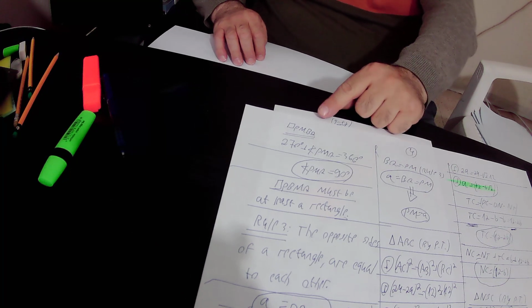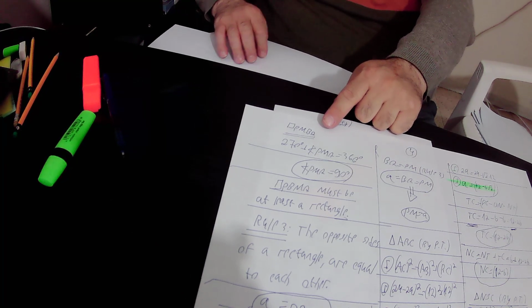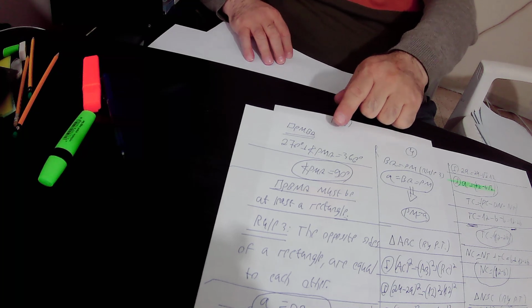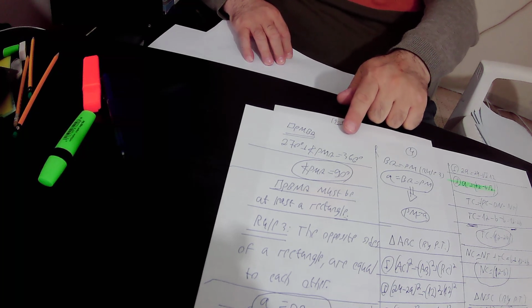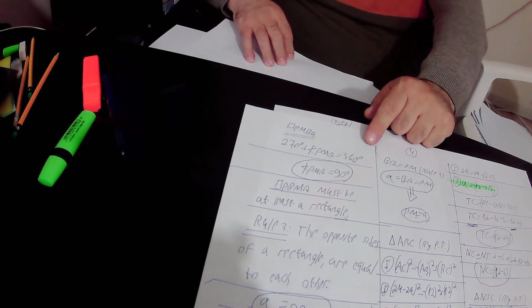In quadrilateral PBMQ, the sum of 3 angles, that is 270 degrees, plus the size of the fourth angle, in total must be equal to 360 degrees, according to the rule that the sum of the angles in any quadrilateral is equal to 360 degrees. We subtract the 270 degrees from this equation and we get that the value of the fourth angle, that is